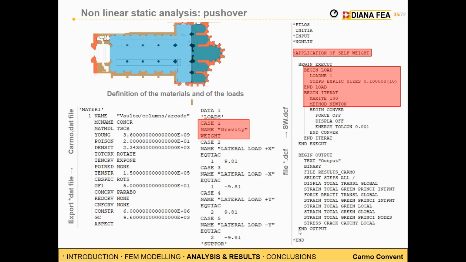Okay, now we are going to the detail of the nonlinear static analysis, also called pushover analysis. But first of all, I need to make a specification because I'm not going to use the graphical interface because of the dimension of the file. As you can imagine, structures as big as Carmo Convent are really heavy in terms of gigabytes, and therefore Diana allows us to export the DAT file,